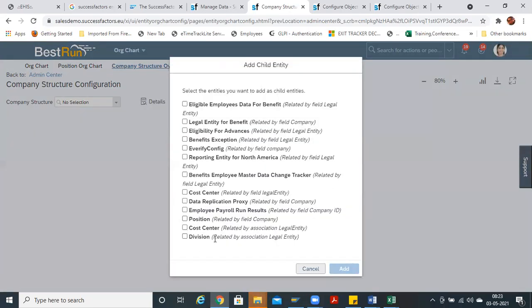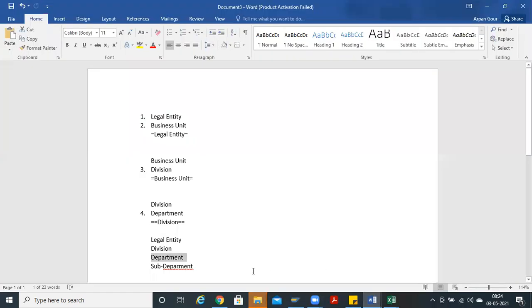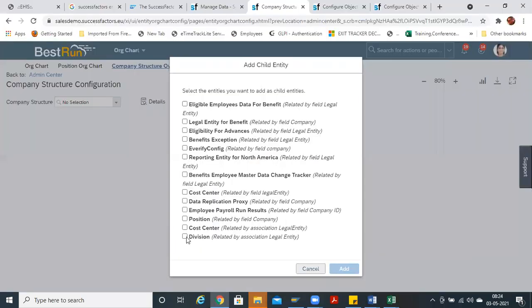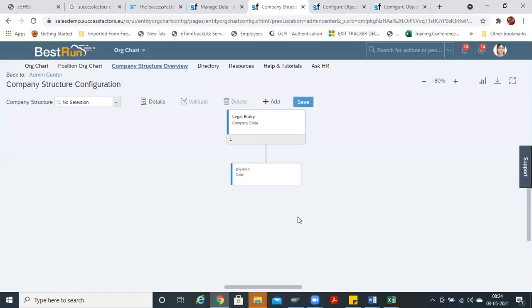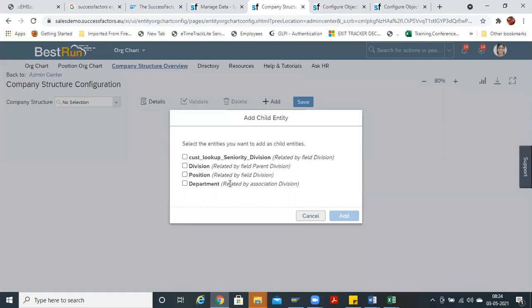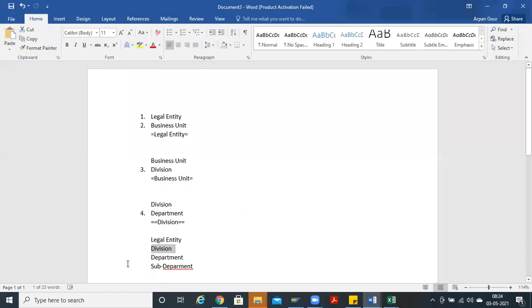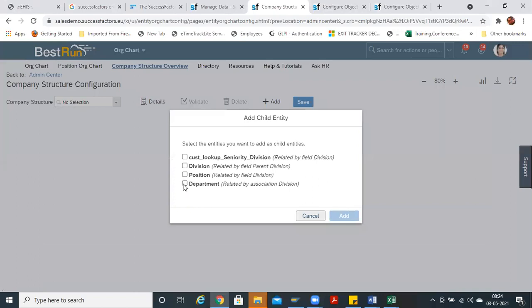Child is directly we have made it as division. As you remember in our previous steps, here company's requirement is legal entity after the division, not business unit. We have removed the business unit. Now we will be adding this division. Now under division, what is the child unit? We are maintaining department. If you go to our previous steps, we have created department. So whatever the associations are there here, it will be showing over here related by association division.